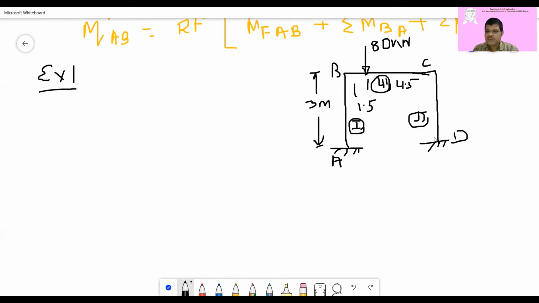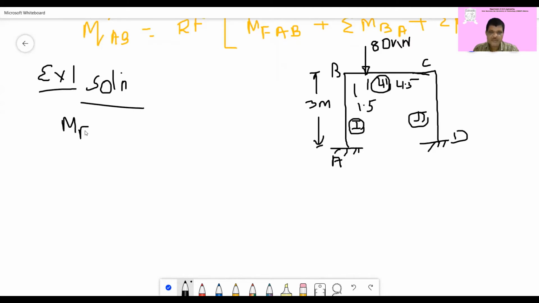Now this problem is subjected to sway because though everything geometrically and support condition are symmetrical, the load is eccentric, it is not at the center, so there will be sway. So it will be solved as a sway problem. So how to solve this? Now for the solution, to solve, first find out the fixed end moment. We'll find out the MF.